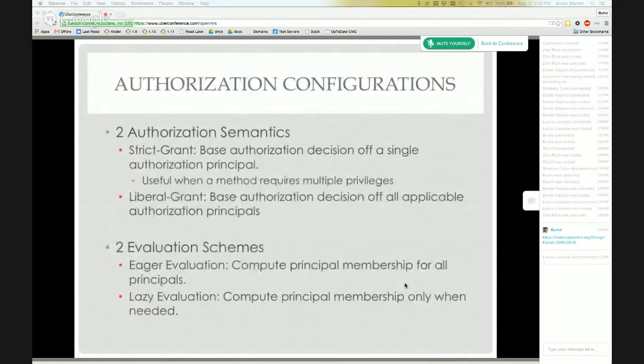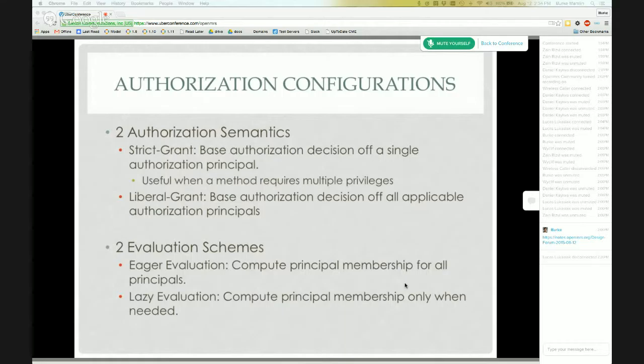So the membership in authorization principles is a costly process because it requires accessing the database for all these relationships, and the algorithm to do that is a backtracking algorithm. So that is a time-consuming process. To ease this, we introduce two evaluation schemes.